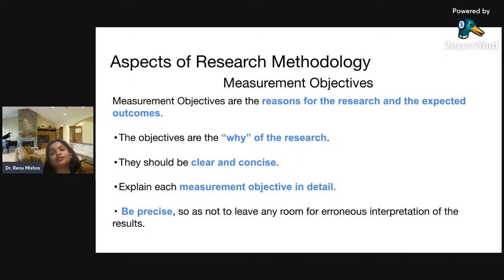Now when I say saturation, generally in qualitative research you're asking the same questions to a number of people, which you do in quantitative also. However, the responses in qualitative research are more detailed. So in order to avoid the complexity of those responses adding to the results,